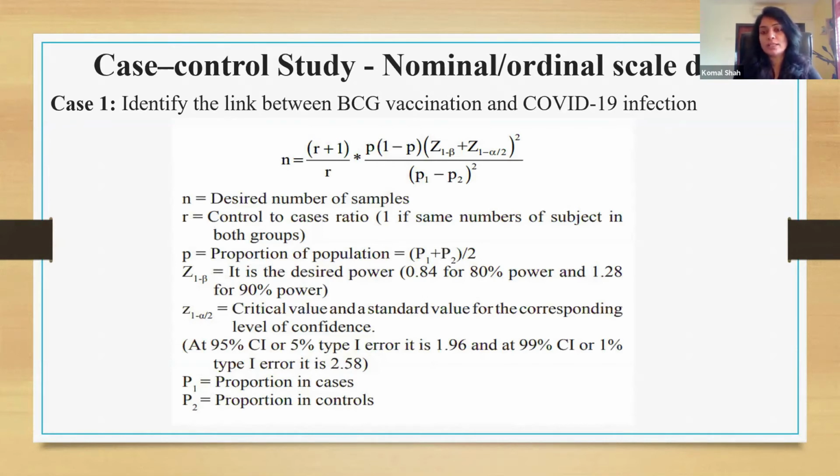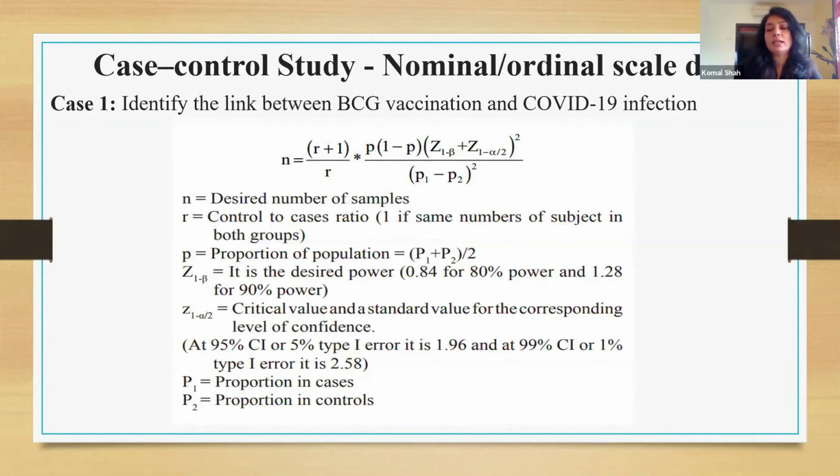So in order to obtain the sample size for this particular study, I should follow this equation. Now there is certain additional information that I need as compared to the cross-sectional study that we have seen earlier. In that, I need the value of R. Now, what do we mean by R? It is a ratio of cases to control. If I have a 1:1 ratio, where equal numbers of participants are enrolled in both the groups, my R will become 1.